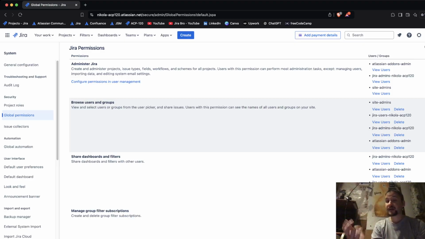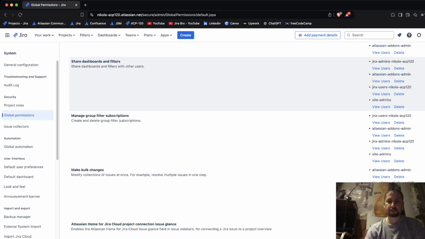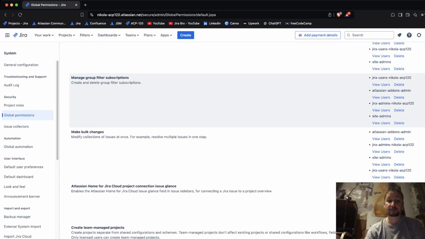So that is something that is violating the confidentiality of your data security. So this is something that you need to be aware of. All right. So share dashboards and filters, make bulk changes. Another important